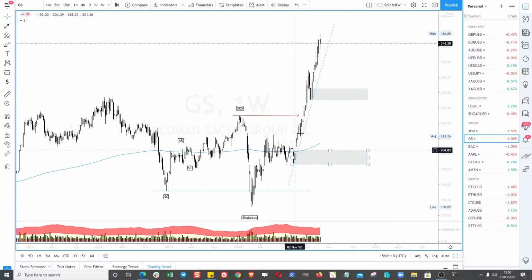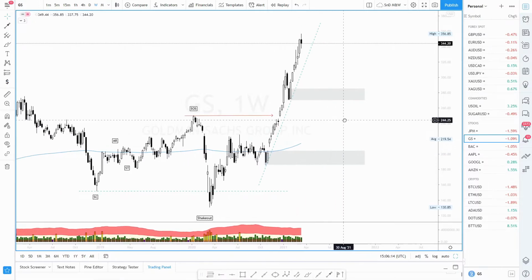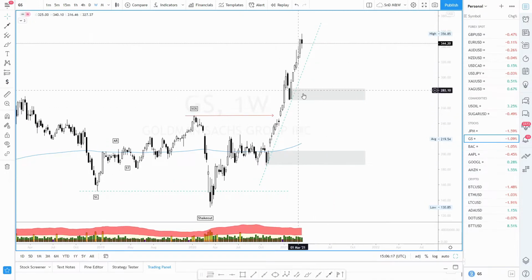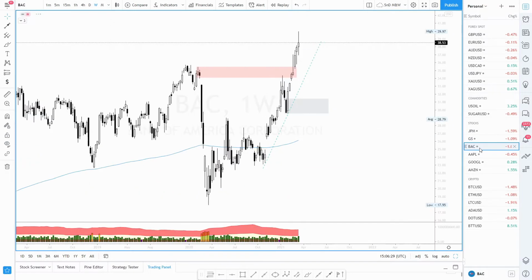Then we had this nice rally up here, which has been going on for a while now. Yeah, so it has created an imbalance. I expect it to come back down to one of these demand zones where I think would be a great place to do business. And these two stocks that I've been watching for a while now, Bank of America 2,